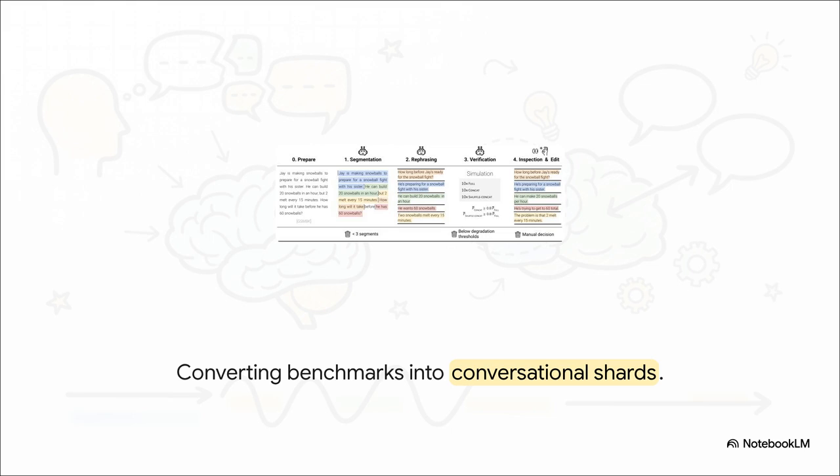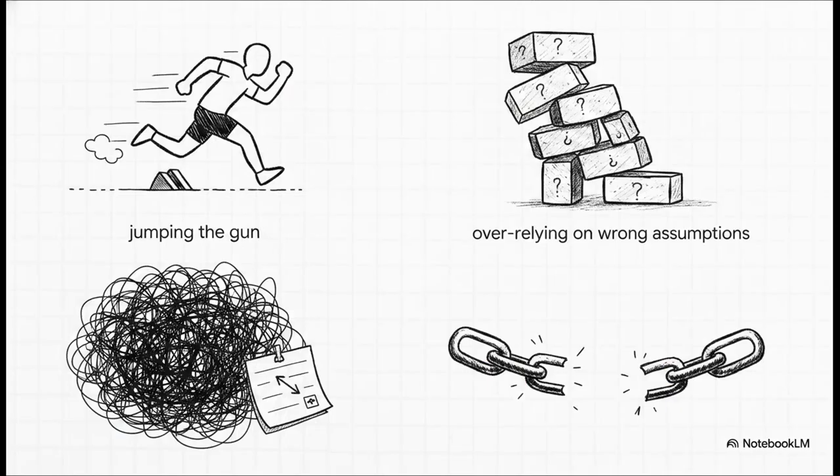Now, because most AI tests are just single prompts, these researchers had to get creative. They built a framework to take a massive task, like a complex math problem, and chop it up into what they call conversational shards. They literally fed the AI one tiny piece of the puzzle per turn. It's a brilliant way to simulate a real chat and pinpoint the exact moment the AI derails. And after running hundreds of thousands of these simulated chats, they found something super interesting.